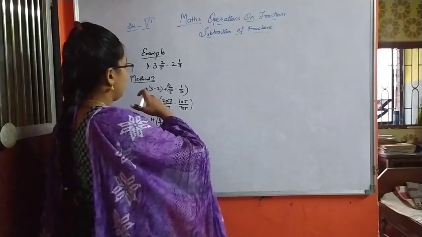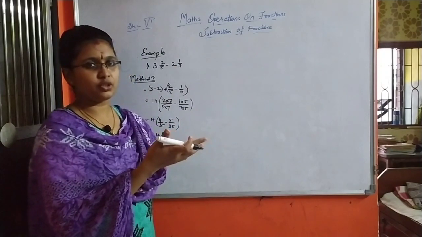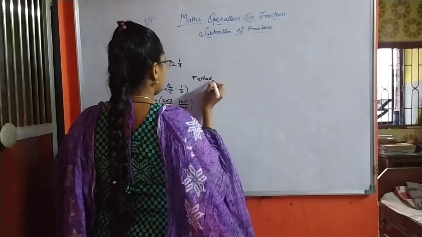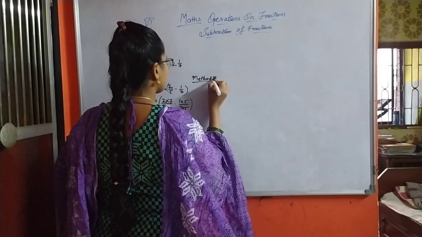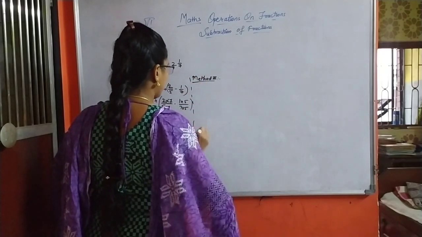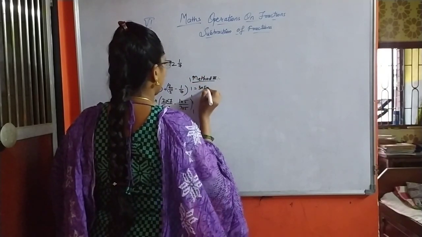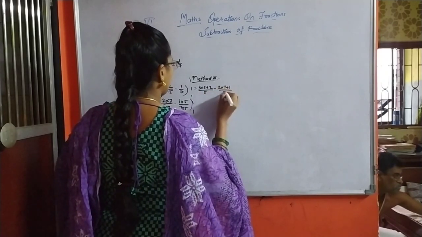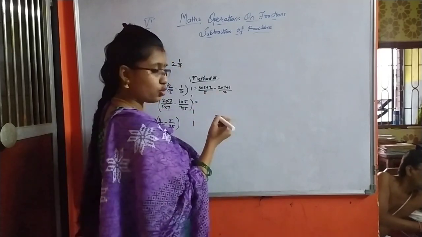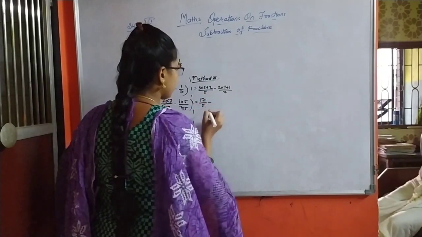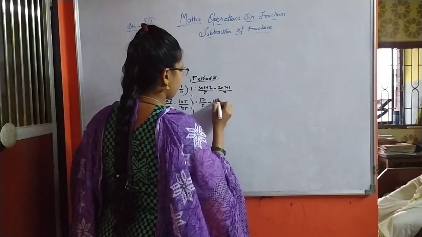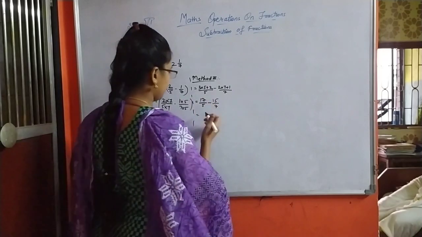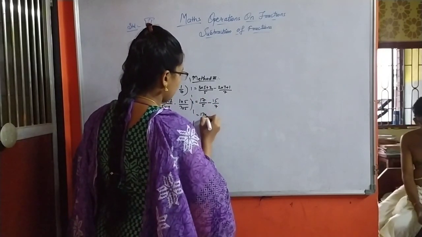Second method, you all know: multiply the denominator, add the numerator with the integral number. So method 2, here I am going to do 3 into 5 plus 2 upon 5, 2 into 7 plus 1 upon 7. 3 5s are 15 plus 2, 17 upon 5. 2 7s are 14 plus 1, 15 upon 7. Again the denominators are different. We have to cross multiply as done in this, since it doesn't go in the same table.